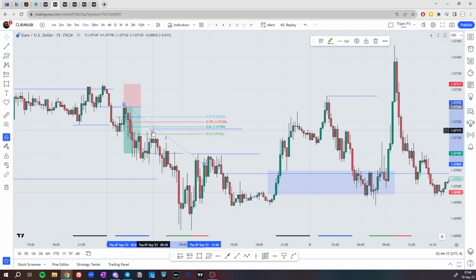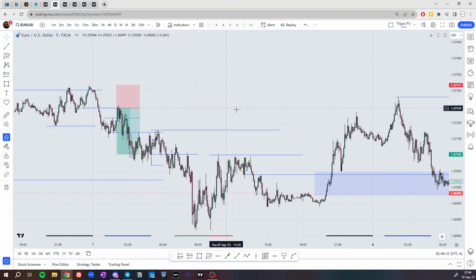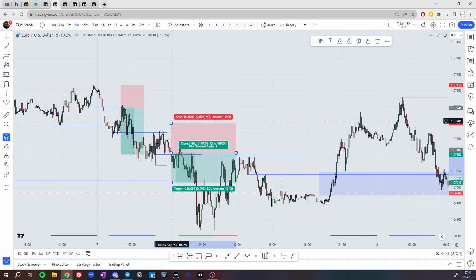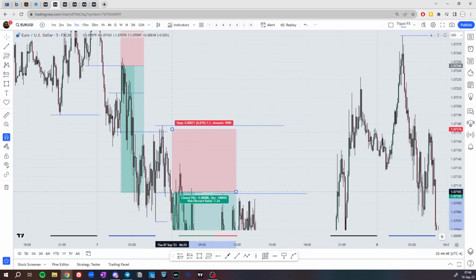Price has retraced above the equilibrium to this breaker right here, then drops lower to make another break of market structure, after taking the buy side liquidity above these highs here on 5 minutes. It is very clear on 5 minute time frame. As you see, price has taken the buy side liquidity above these highs here, then drops lower breaking market structure, which gives me an entry at this fair value gap right here with the 1 hour order block. As you see, we have a small fair value gap right here, this small one,